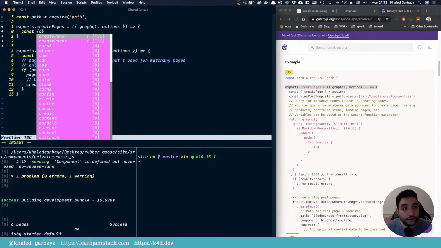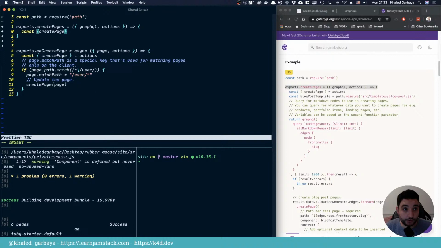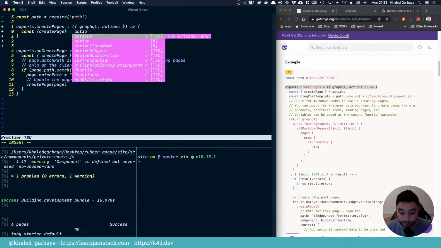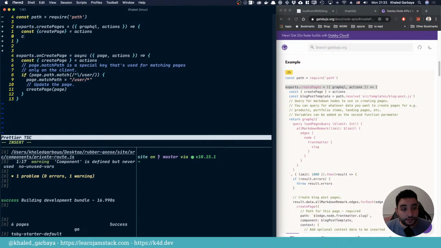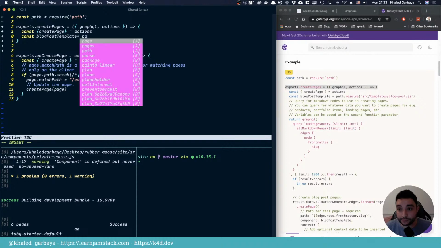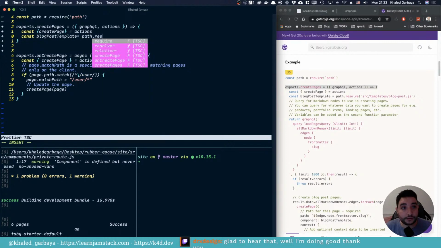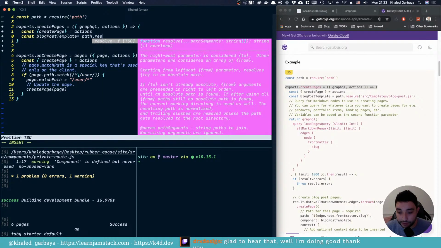This is the main function that we will use to tell Gatsby, hey, you should create some pages dynamically. And this we will create soonish. So maybe we can have blog post template equal to path dot resolve